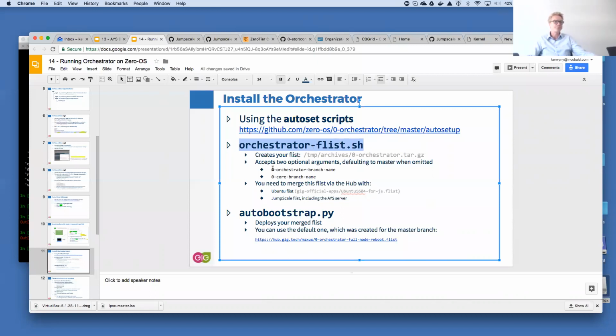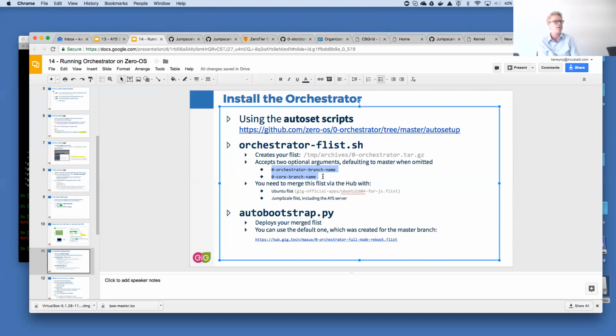Now, what does it do? Well, what does it take as arguments? 2 arguments. You need to specify, optionally, the branch name of the orchestrator you want. And for those that remember, the branch name of the OS nodes that you will accept to join the cluster. And remember, we discussed it in the past, this configuration blueprint, where you specify the versions of the OS nodes that you accept.